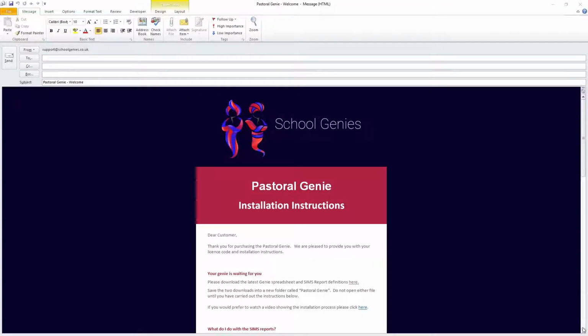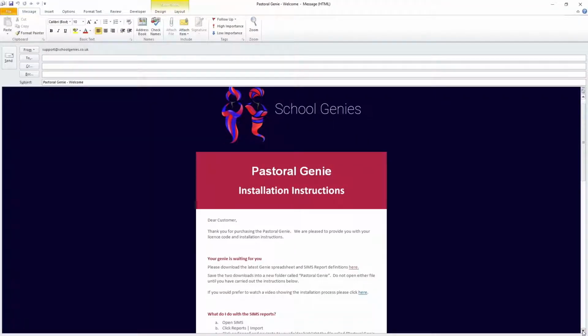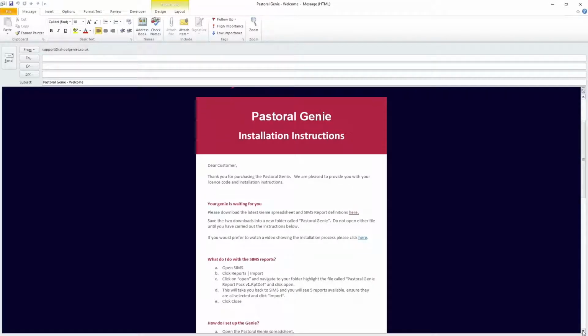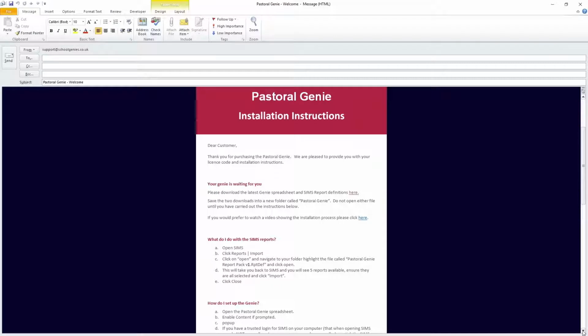You will have received an email from support@schoolgenies.co.uk containing all the installation instructions and your license code. We're now going to go through the process that is outlined in the email and show you step by step how to get started. The first thing you need to do is to download the latest Genie and the Sims